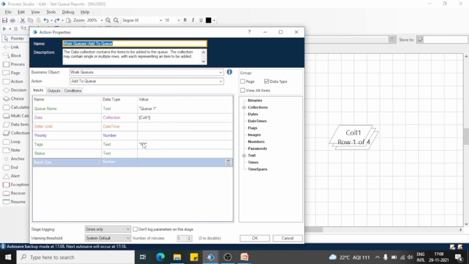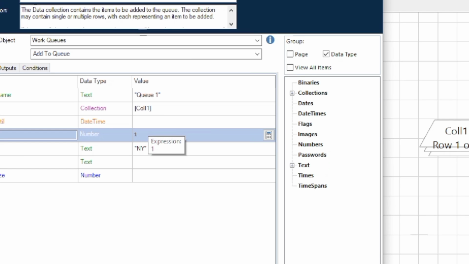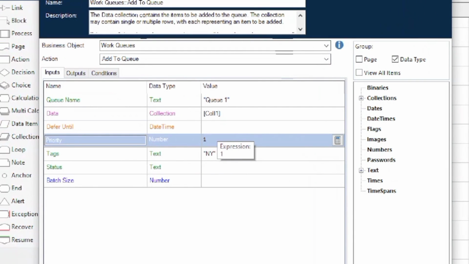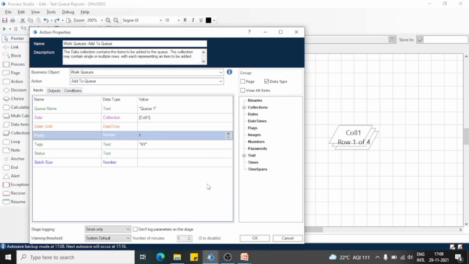So when we add the cases into the queue, we can set a priority. I'm setting priority 1 for the items. I will add this item into the queue.